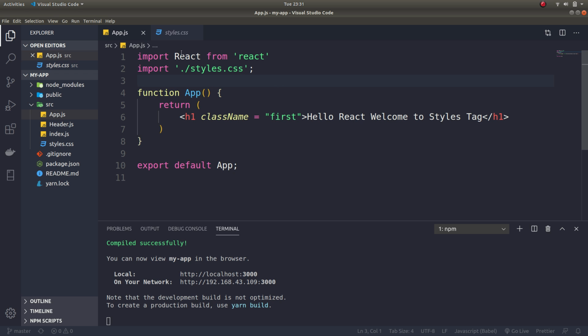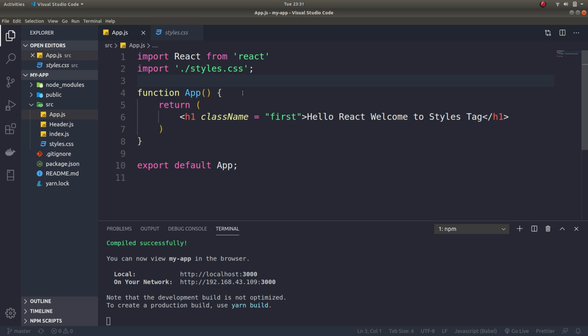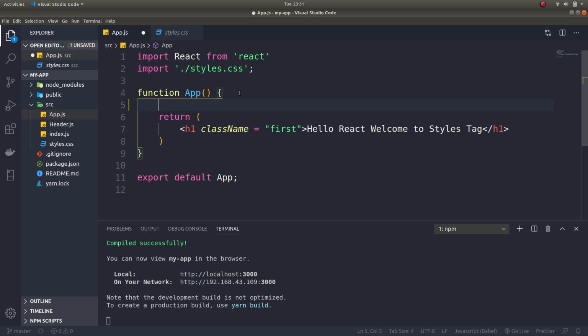Alright guys, if we look at the styles in the styles.css file, we can see here it is color and its value is given. So it looks something like a color key value pair, meaning we are giving a property and giving its value. So we can give these things inside an object. Like in JS we can create an object, and inside we can add this key value pair. So let's create an object.